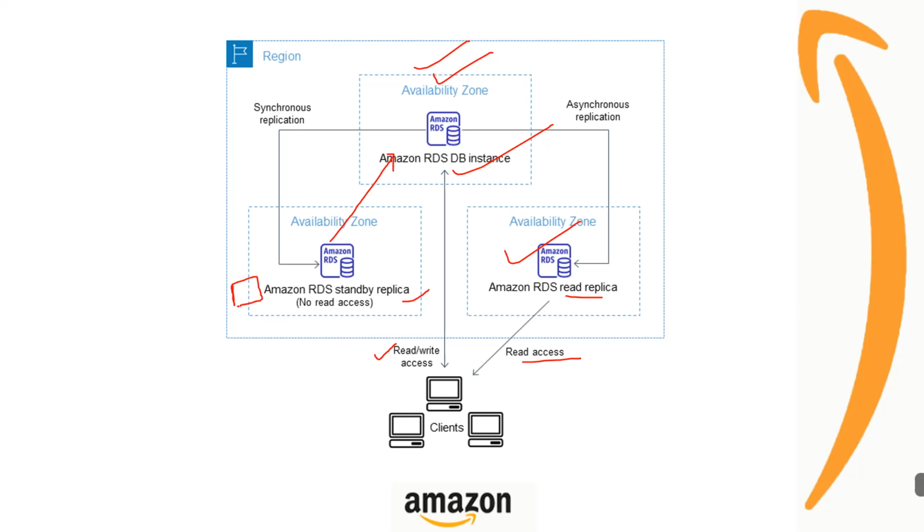So you understood this thing? Actually, this is the complete picture. Suppose in an availability zone the database has gone down. Then the standby database will replace the availability zone database, right? This is availability zone A, and this is availability zone B. Suppose the availability